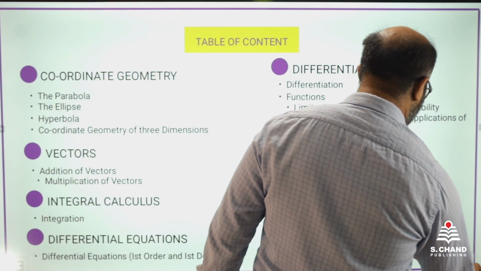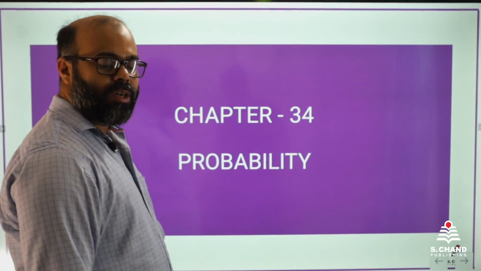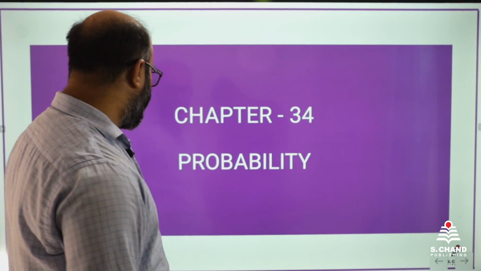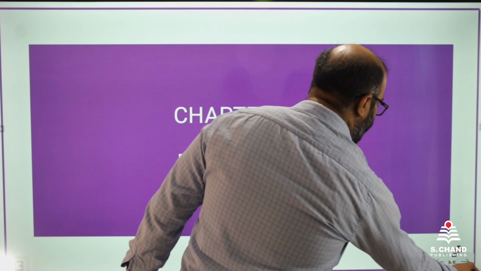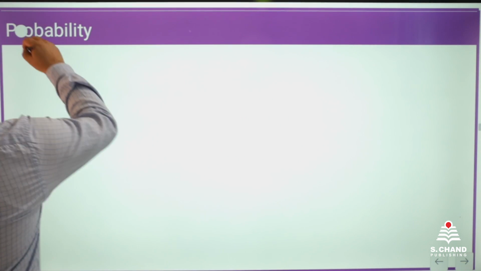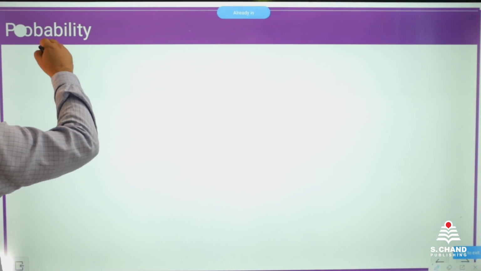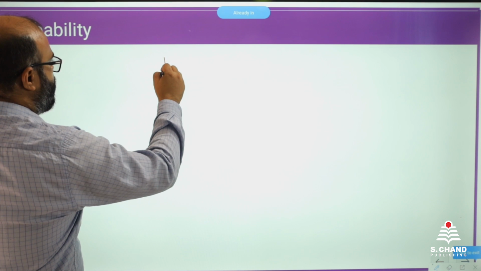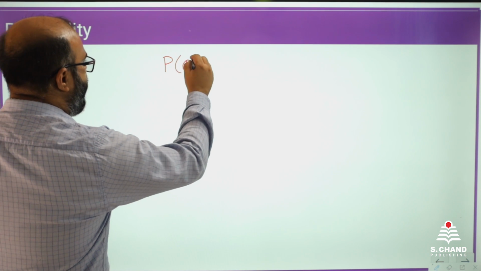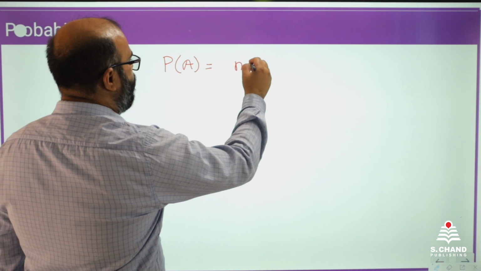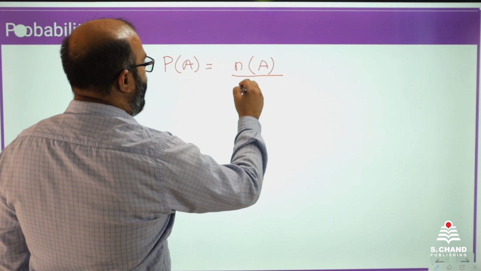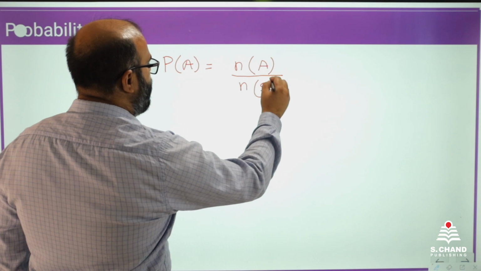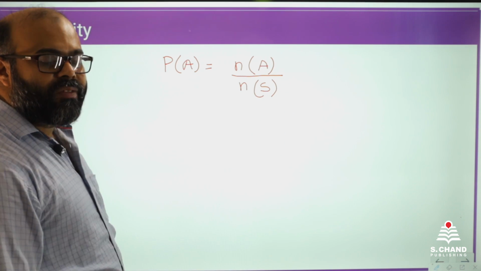So the chapter which we are doing is chapter number 34, of volume 2 of the book. It is probability, and we have a few important theories here to discuss as a revision. So what is probability of an event A? It is the number of elements favoring that event by the number of elements in the sample space if all the events